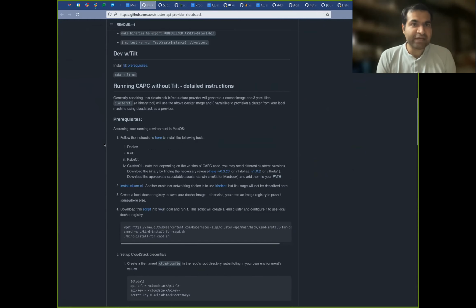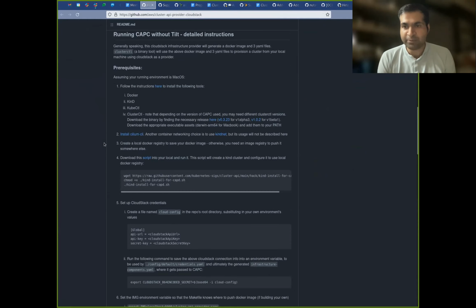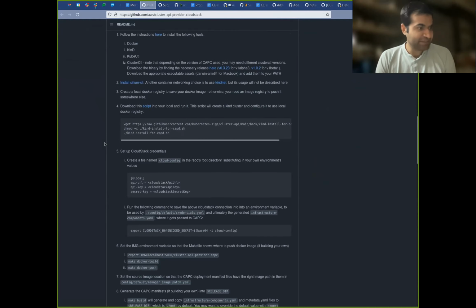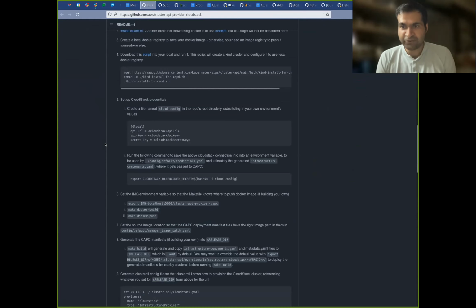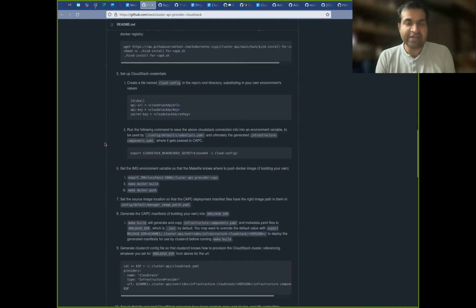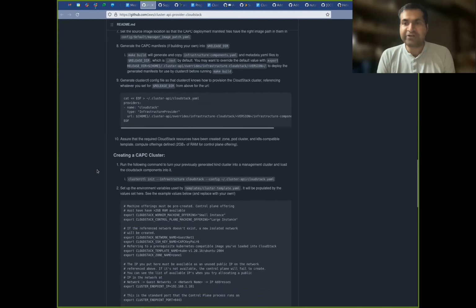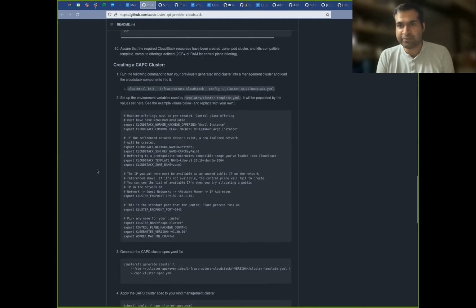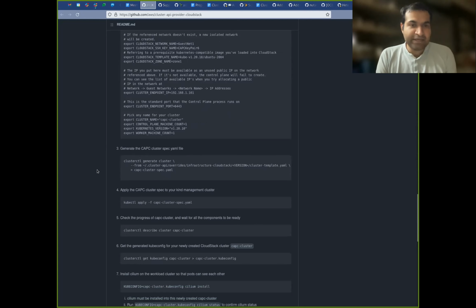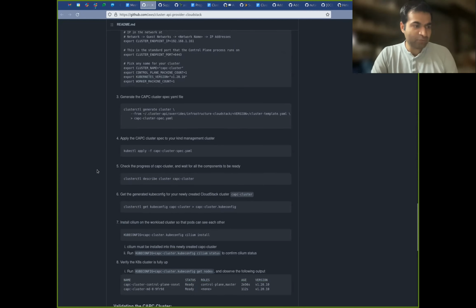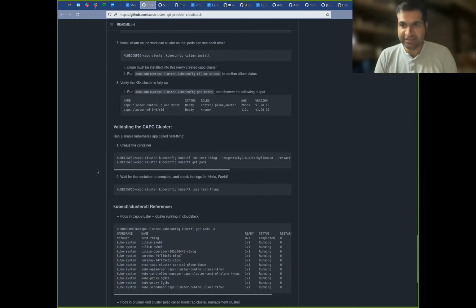So that's the project. And what we have done is put together a proposal document. This is the first time a couple of us are joining the SIG, so we don't know exactly what the process is. We started a mail thread on the mailing list to seek some guidance. From that, we discovered that you have this weekly call. We have put together a Google Doc to say what the project is about. What we intend to find out is whether we are on the right track, and get guidance from the SIG, specifically people on this call, on how to proceed next. And the ultimate goal is to build a small community within the SIG around CloudStack and CAPC.